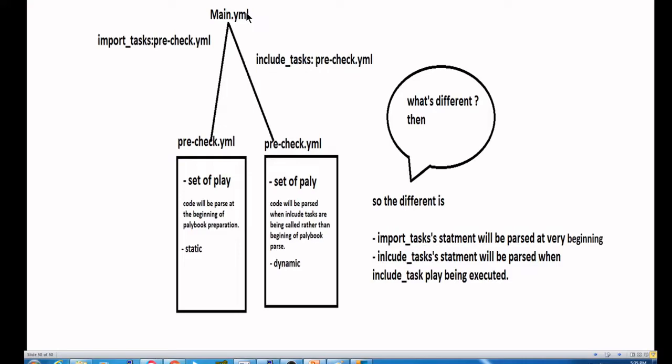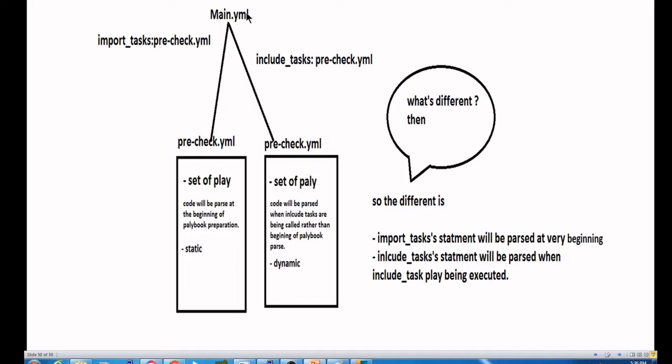Consider there are a bunch of plays ahead of both tasks. When you call pre-check.yaml using import task, the entire playbook will fail. None of the tasks will be executed if there is any syntax error in the pre-check